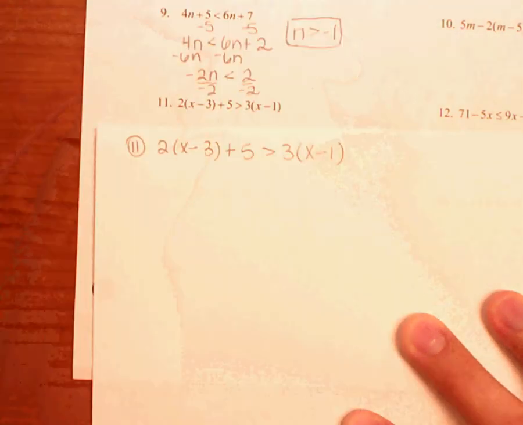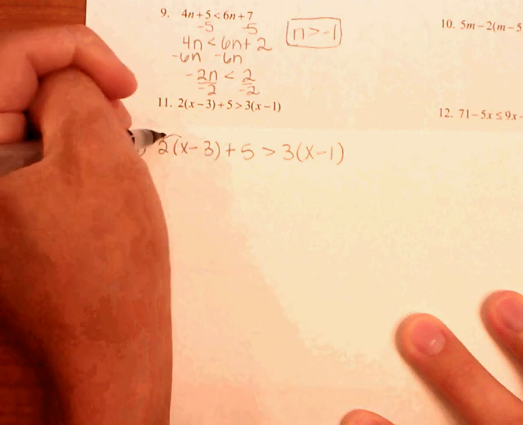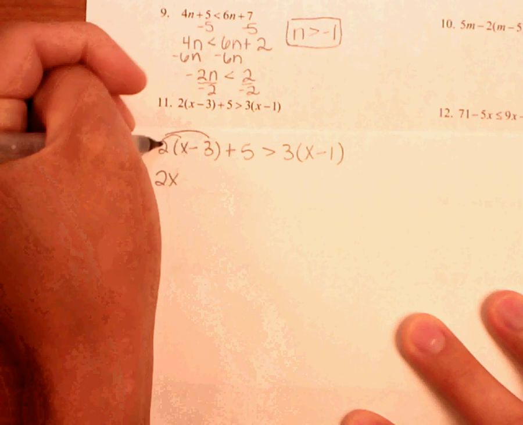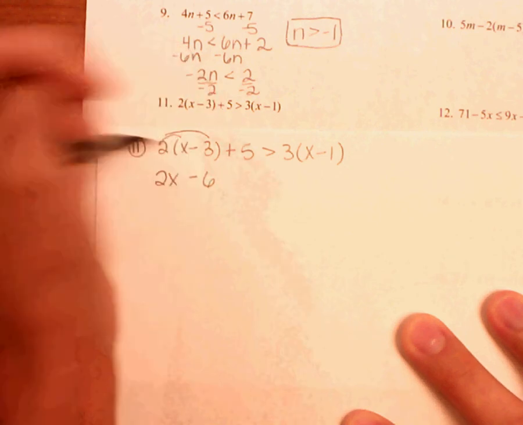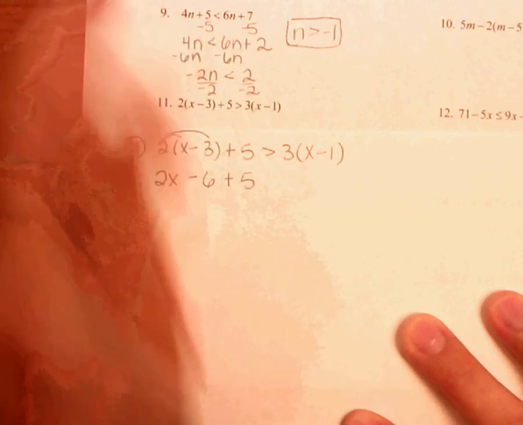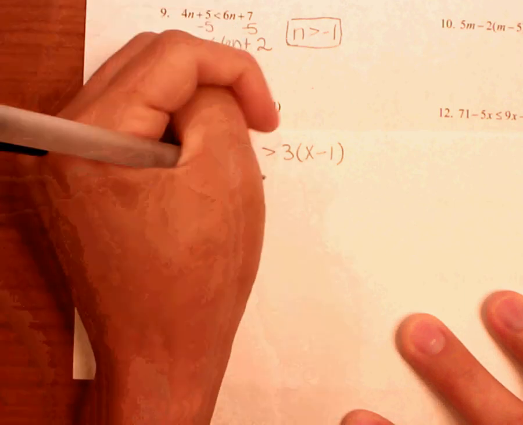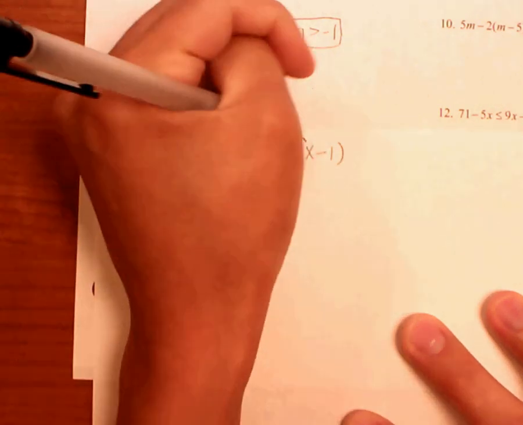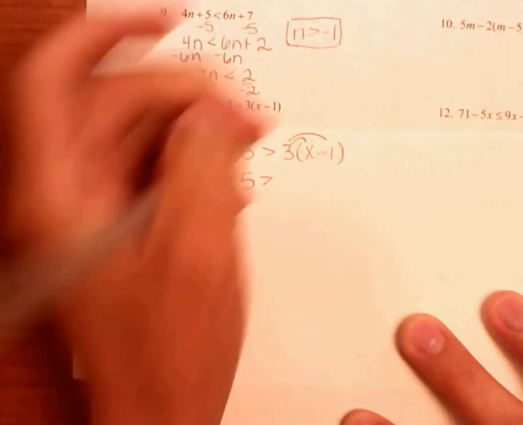I'm going to take this 2 and distribute it. So 2x minus 6 plus 5 is greater than, I'm going to take the 3 and distribute into the parentheses,